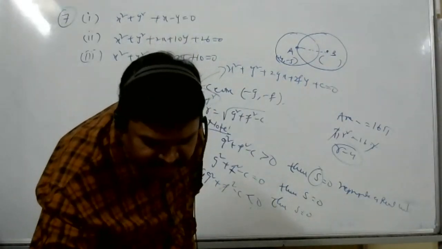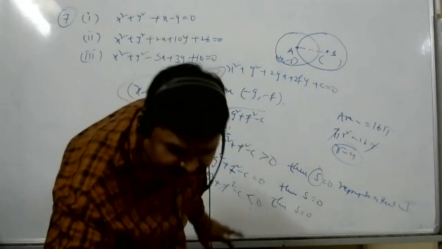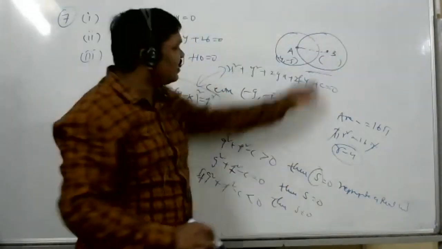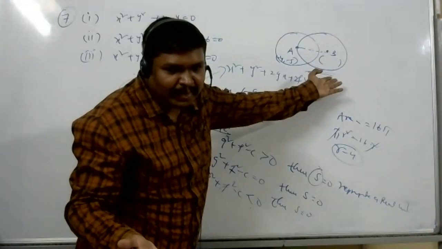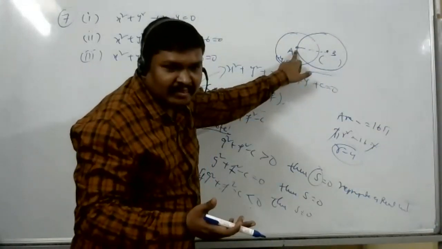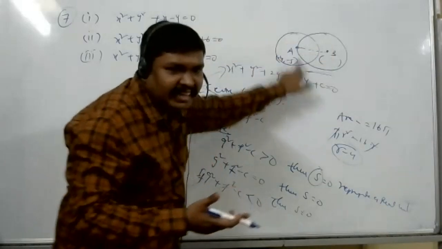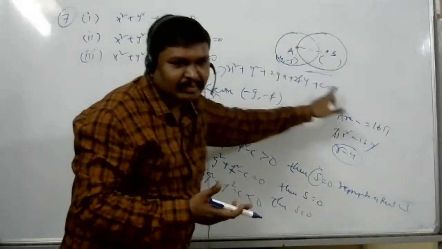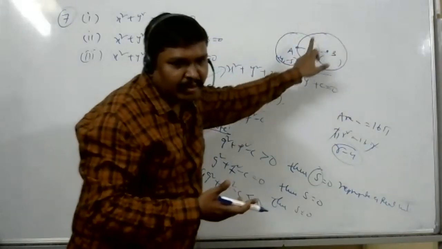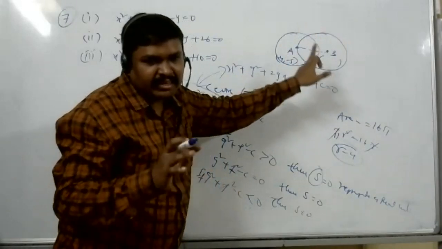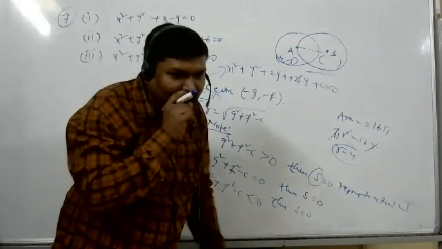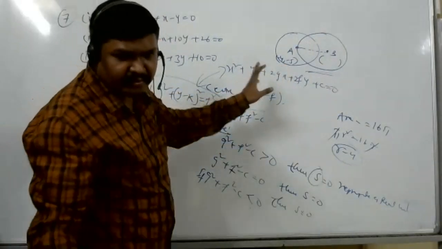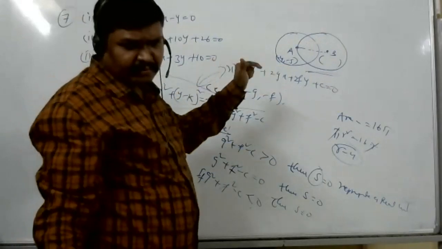Find the equation of the circle which passes through the center of the given circle and is concentric with the circle. Concentric with the circle. The second circle only is the concentric circle. Understood? Important problem, don't get confused. Concentric circles are most important. That's why I think I will explain four problems, four or five. Yes, sir.